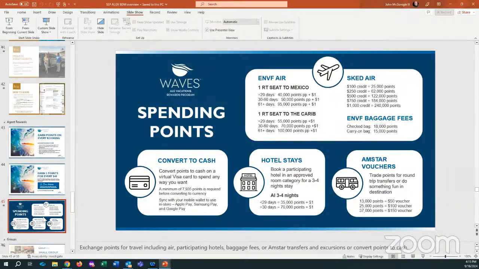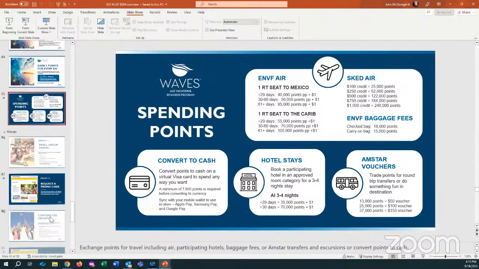The more you save up, the more you're going to be able to redeem, like getting your big 200 points for a latte, for a grande or venti latte at Starbucks. I'm making myself thirsty now for my coffee. Or you can convert it directly to cash onto a virtual Visa card, Google Pay, Apple Pay, or Samsung Pay. So that's the cool thing about this particular program.